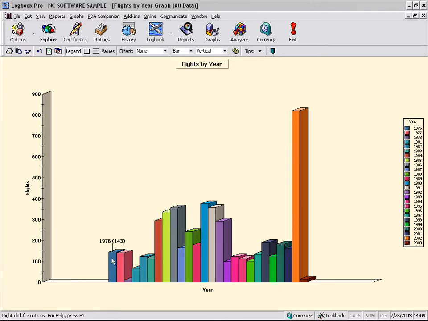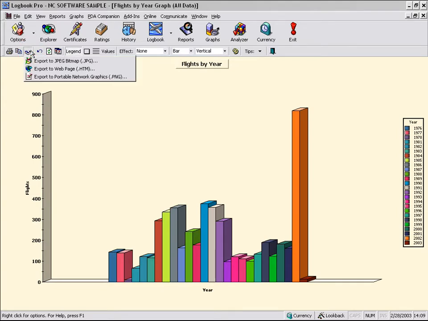We've got our chart that is color-coded, which pairs up to the legend on the right side of the screen. You can also place your mouse over top of any of the bars, and that will display the value of that bar. But let's go over the sub-toolbar that applies to the graph area. We can print the graph. We can copy the graph to the Windows clipboard, which can then be pasted into a Microsoft PowerPoint presentation, a Word document, anywhere where you can paste a graph, a graphics editing program.